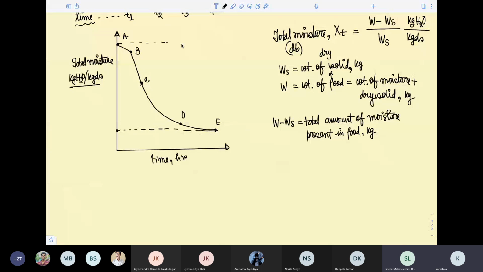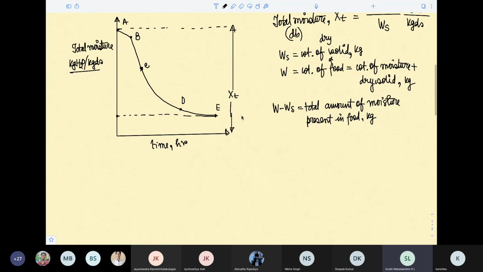Up to this point we have Xt, total moisture. And this one is Xe. What is Xe? Xe is the equilibrium